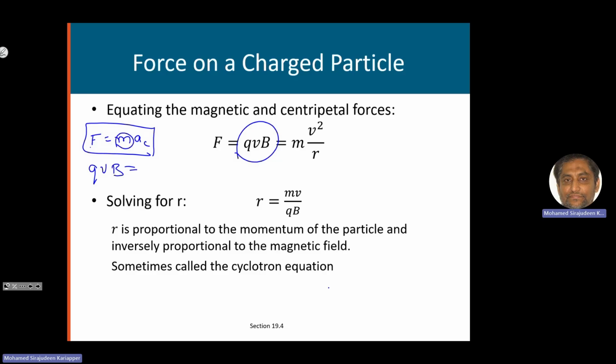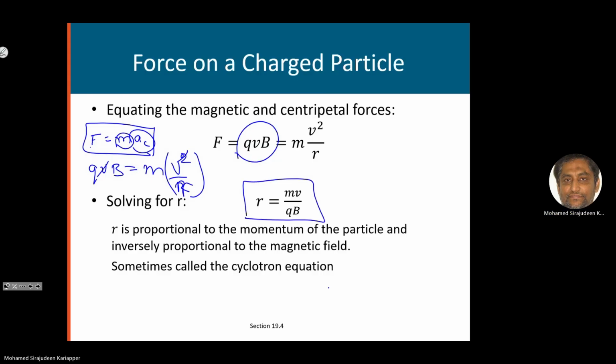Equal to mass of the particle times centripetal acceleration. You learned this in your mechanics last semester. Centripetal acceleration is given by speed squared divided by the radius of the circle it described. Now we cancel one v on either side. Then you make r the subject. You get this. So the circle that it describes when a charged particle moves perpendicular to a magnetic field is